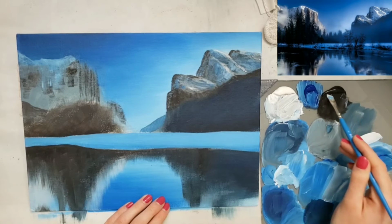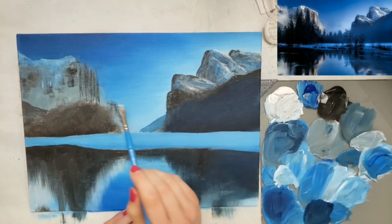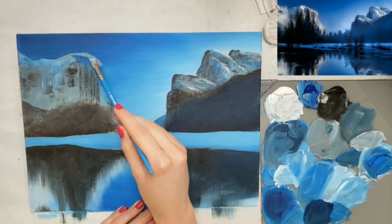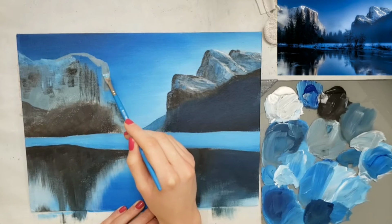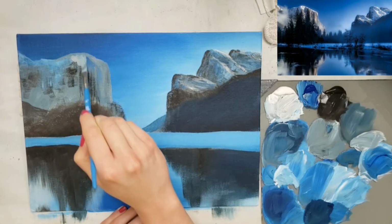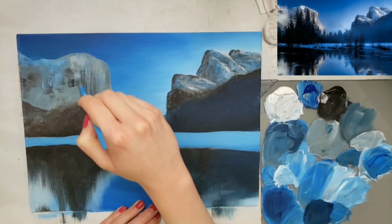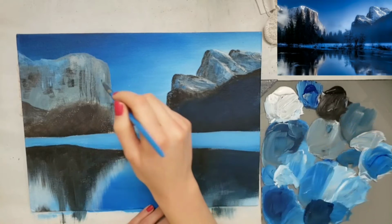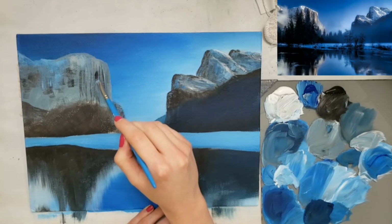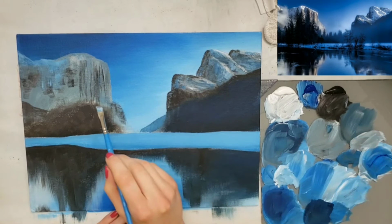And I'll get the white and a little bit of black, and you can add a little bit of blue. And I'm going to mark back where I want the mountain to go. The black and do some of those dark lines and put my gray